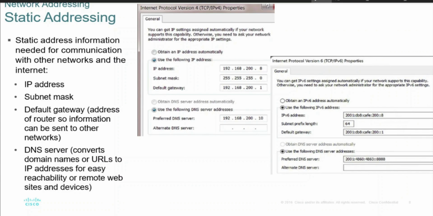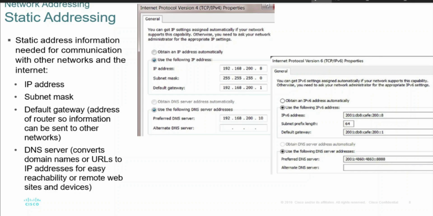Okay, now when we assign an IP address to a computer, there are two ways by which you can assign an IP address to a computer. The first mechanism is known as static addressing or manual addressing. So when you assign an IP address, by default you need to enter three values. First is the IP address, second is the subnet mask, and the third one is the default gateway. Okay, and if the server is not configured, then we also need to include the DNS address.